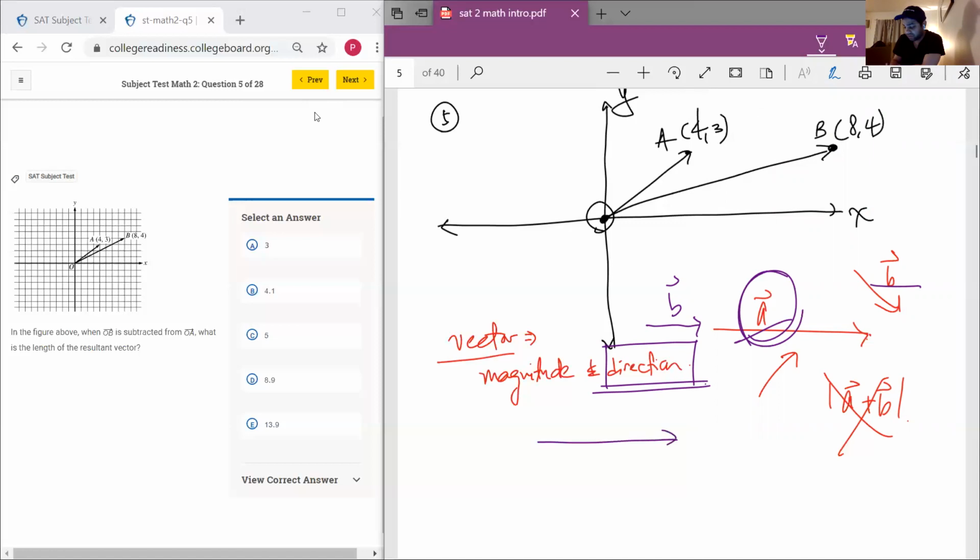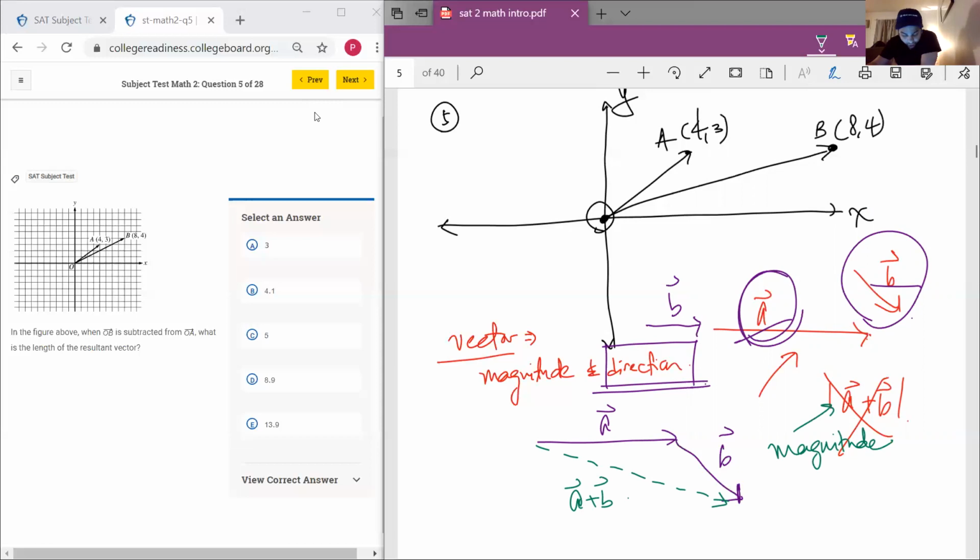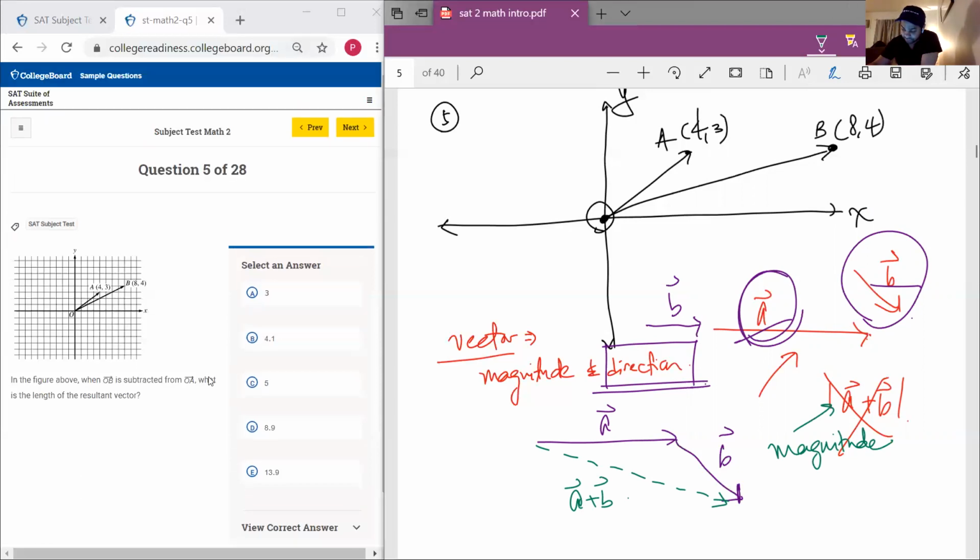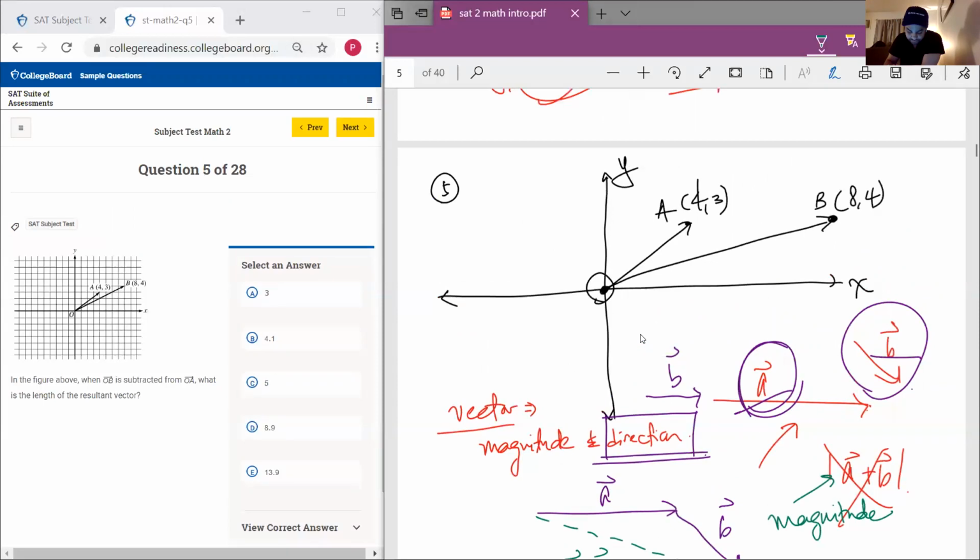So the way to find the resultant is to do the tip to tail method, meaning take this vector and line up its tail on the tip of the first one. And the resultant is going to be that, okay? By the way, this absolute value simply means the actual magnitude. So here, if you want, OB is subtracted from OA. Whatever this is being subtracted from OA, meaning I'm adding